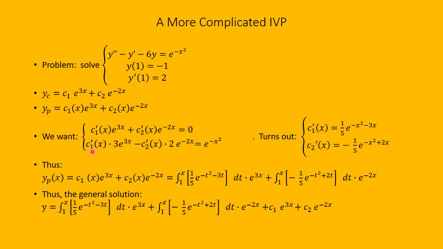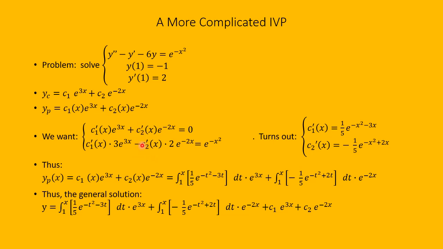And then the second equation, c1 prime of x times the derivative of this, 3e to the 3x, plus c2 prime of x times the derivative of this, which is minus 2e to the minus 2x, equals the non-homogeneous term e to the minus x squared. Okay,